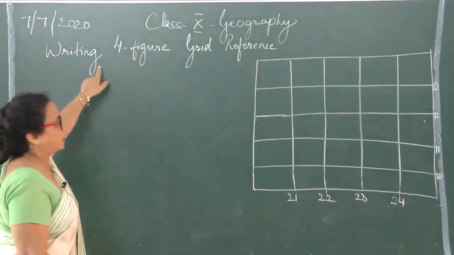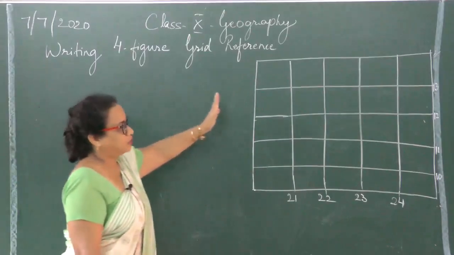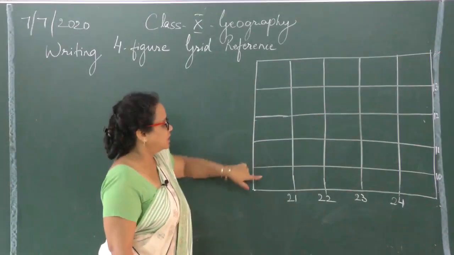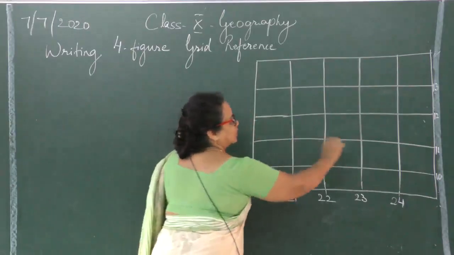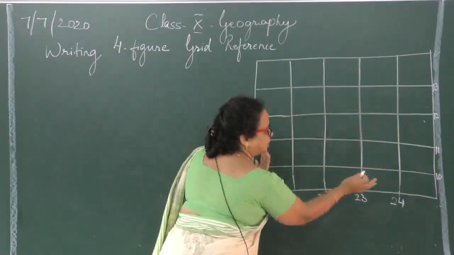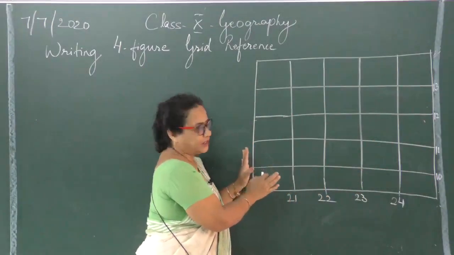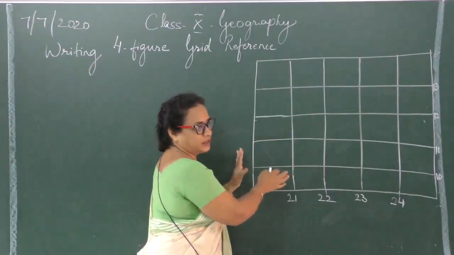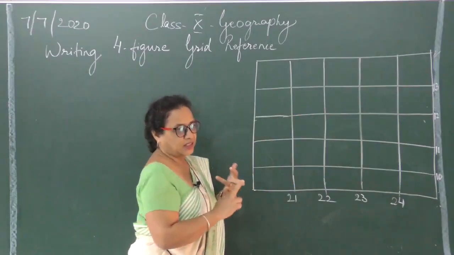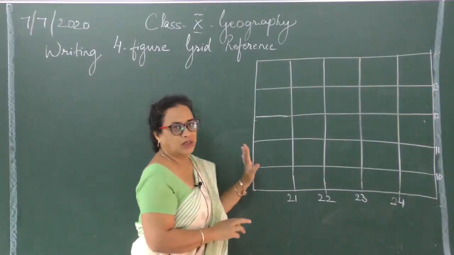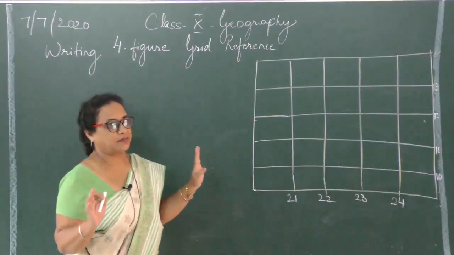I am teaching you how to write 4-figure grid references. Now, the background to this, let me tell you, is a grid system. Clear? Vertical lines and horizontal lines. Within this you will find the region which has been chosen to be depicted. Clear? It will be a colored region. The different colors like yellow, white, green are the prominent colors on a contour map. It is different from an atlas map, please remember.